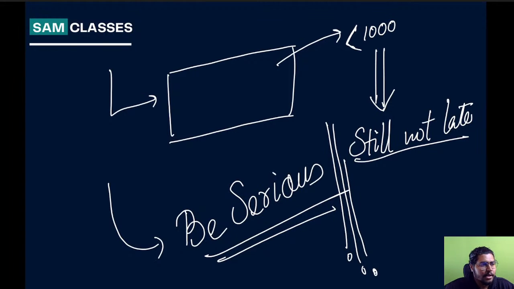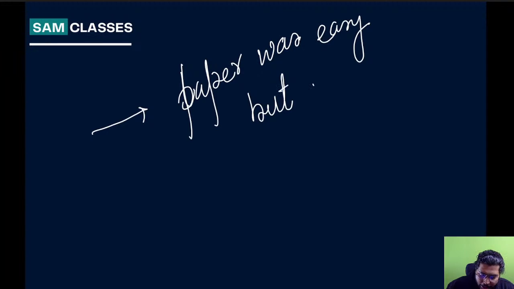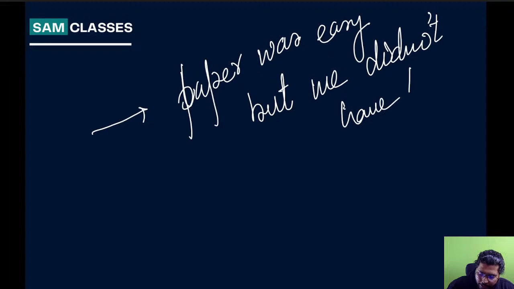And the revisions. Most important is, student, whatever you have prepared, after preparing, how many times you have revised. Because in these kinds of exam, like KCT and Comedk, after the students have written the exam, they say one line. Sir, paper was easy. Remember this line, and 90% of you will also say the same exact line. Paper was easy, but we didn't have time.